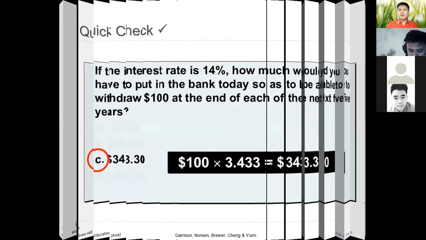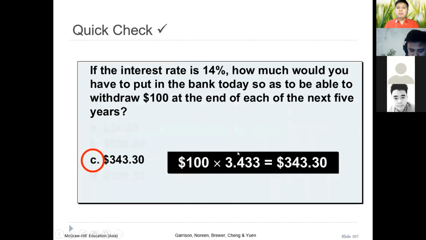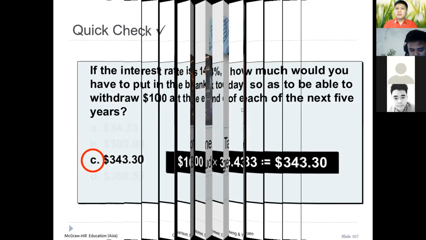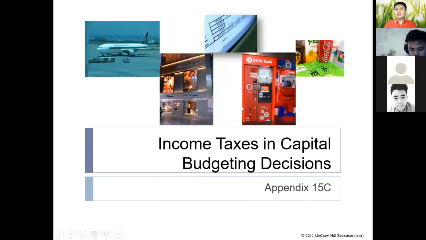So here, it's $100 multiplied by 3.433. So you just need to deposit 343.30 now in the bank today, and you'll be able to withdraw all in all $500, assuming your money is earning 14%. Okay, so that ends the discussion on